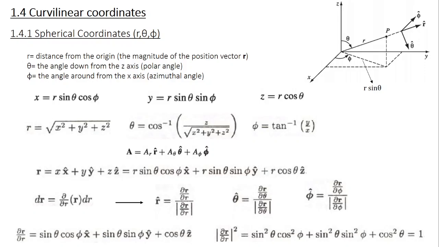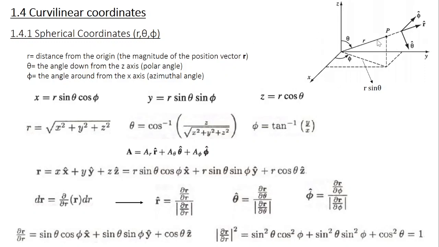So here you have three axes. These are r, theta and phi, just like in the case of the Cartesian coordinate system, where you had x, y, z axes. Here r is the position vector of the point. This is the distance from the origin to the given point. So if you take r vector as the position vector, the r coordinate is nothing but the magnitude of the position vector.